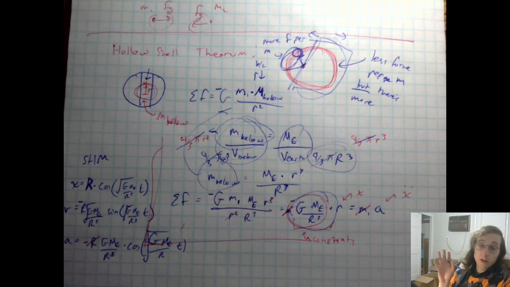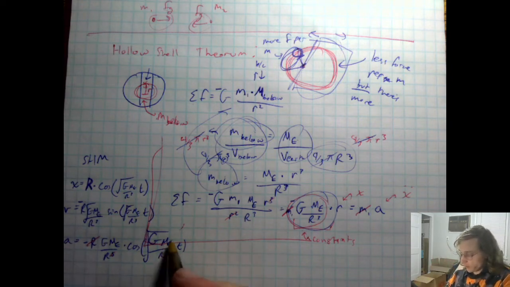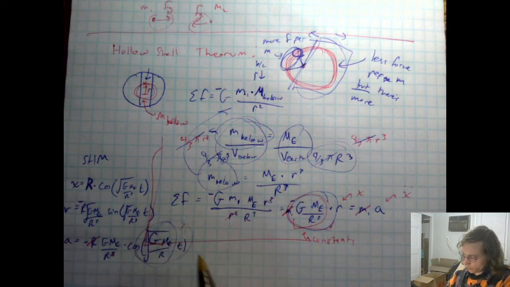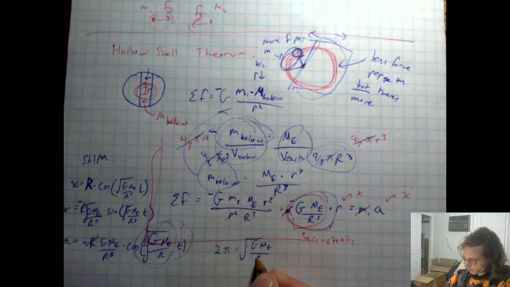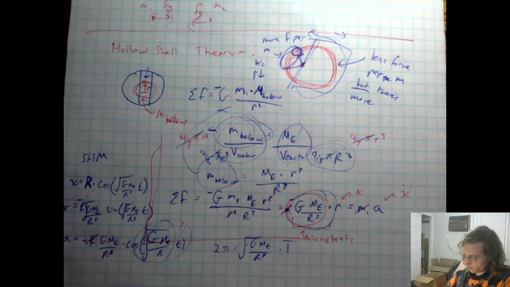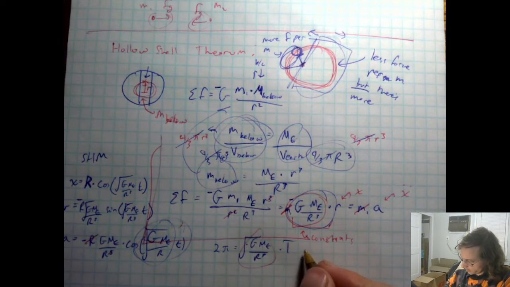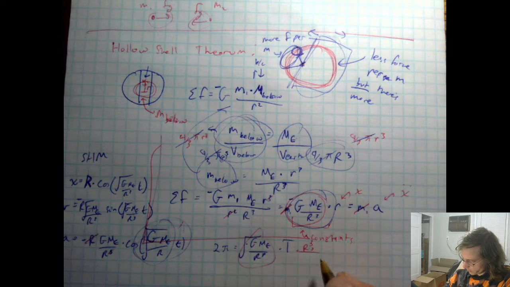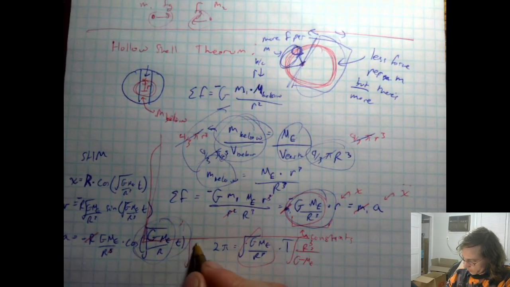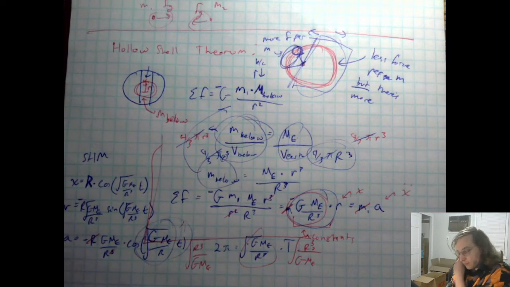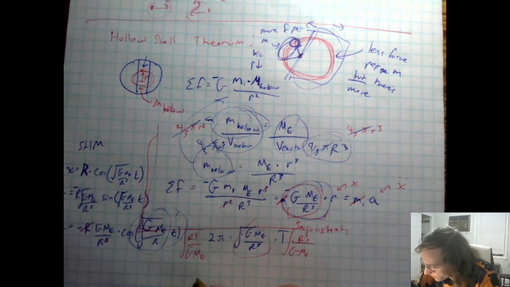When we do this, we can also get a period, just the same way we did the other. This thing, when we plug in our period, needs to equal 2 pi. So 2 pi equals root G mass of Earth divided by R cubed times our period. So if we invert this and multiply by R cubed over G mass of the Earth square rooted, we'll get that our period for this function